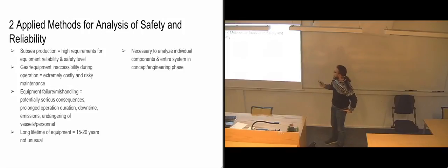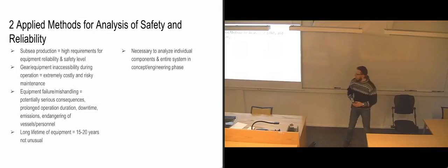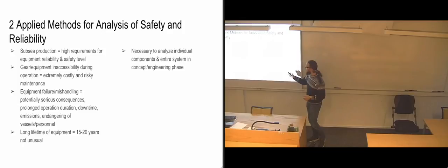It's necessary to analyze the individual components and the entire system when you are both in the concept phase and in the engineering phase. So you might start wondering what's the difference between concept and engineering. So just to try to run a parallel to our